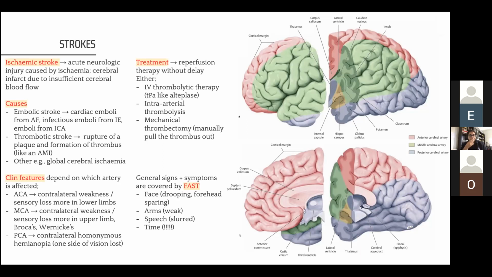So you can have that, or you can have a thrombus. The same way that you might get a heart attack, so you have those fatty streaks and an atherosclerotic plaque that breaks off and forms a thrombus that can cause a stroke as well. And then there's other reasons that aren't